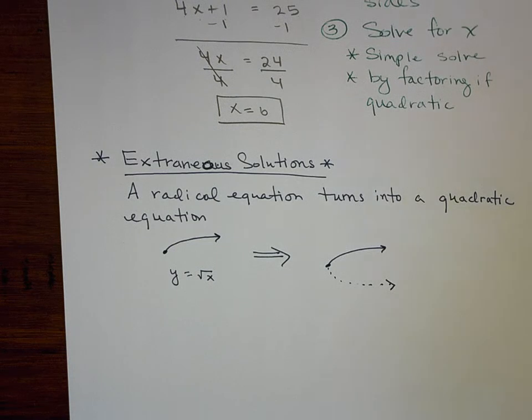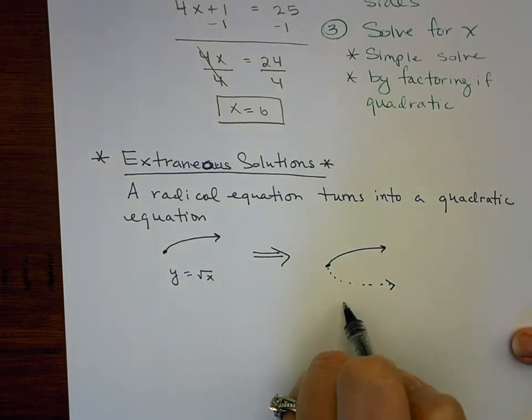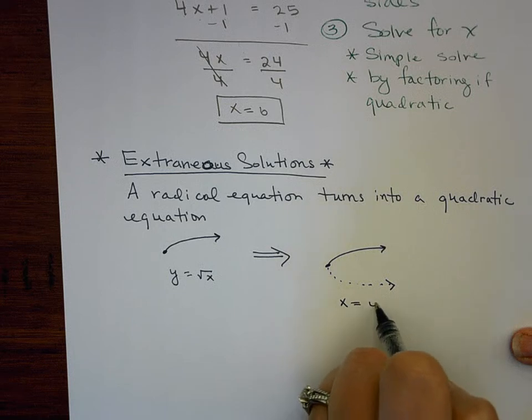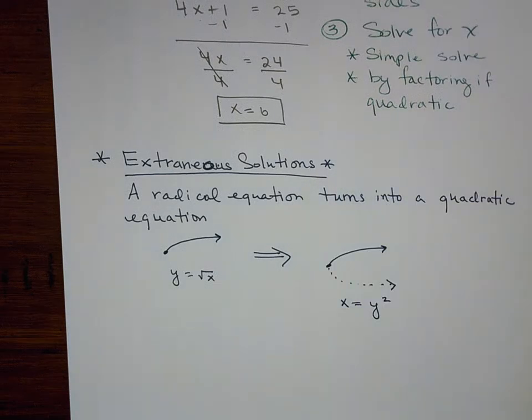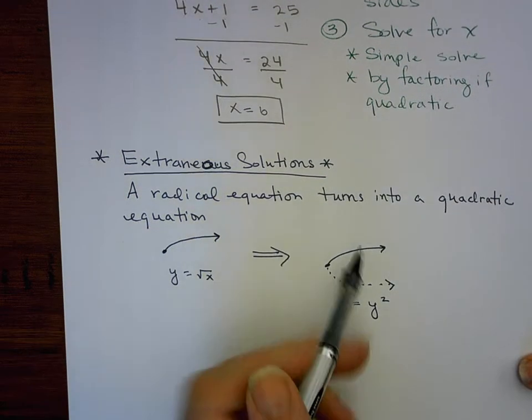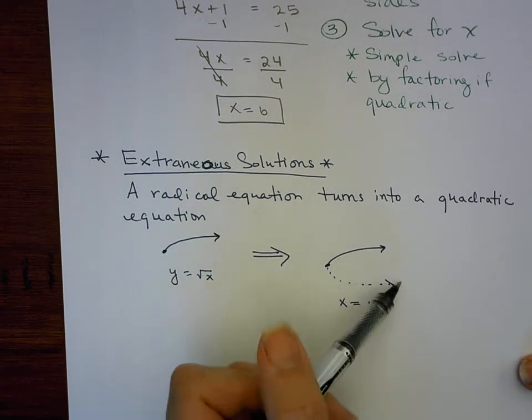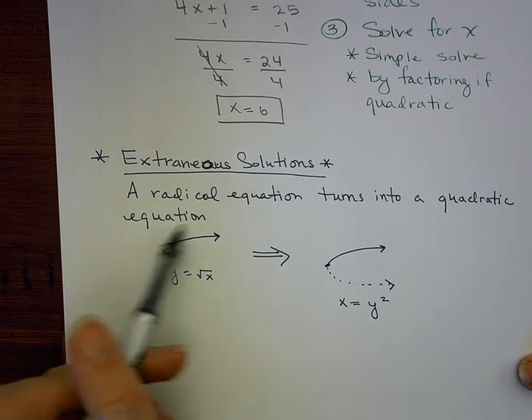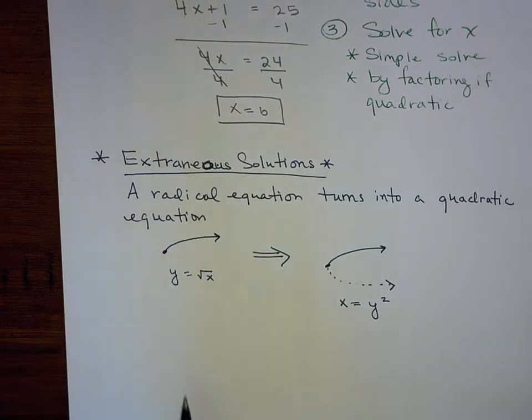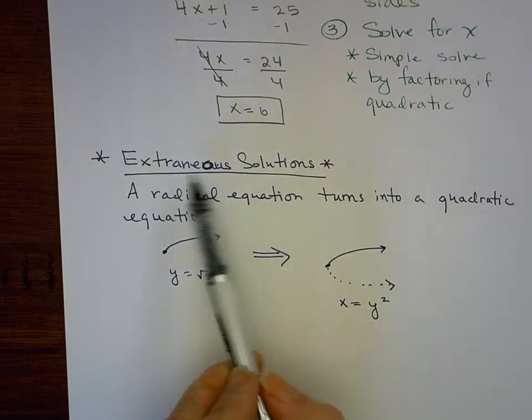So it turns into kind of a parabola shape, and that gives us a graph that looks like that. When we create our equations, we're going to have two branches where we get two solutions, but we know we really only have one branch to begin with. I know that's kind of confusing because we don't know the graphs yet, but just to give you an idea of what's happening when we get extraneous solutions